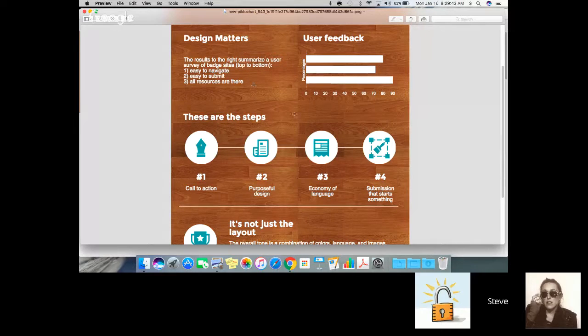There's also a certain pacing issue that comes up with economy of language. We found, and I didn't really know how to express it quantifiably, but we found in interviewing users, they want to feel pace. They want to feel like they're making progress quickly. So in a badging website, one of the reasons you want them to have a call to action with purposeful design and economy of language is they want to feel not only that they've been sucked in, but that they're already accomplishing things. So it's right up there with when you get that frequent buyer card and it's already got 2 punches in it. You want to get the feeling that you're already in the flow,